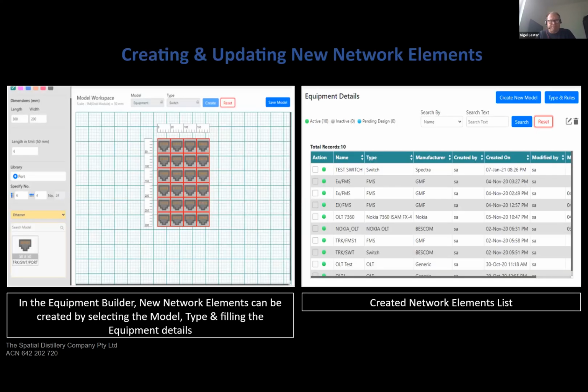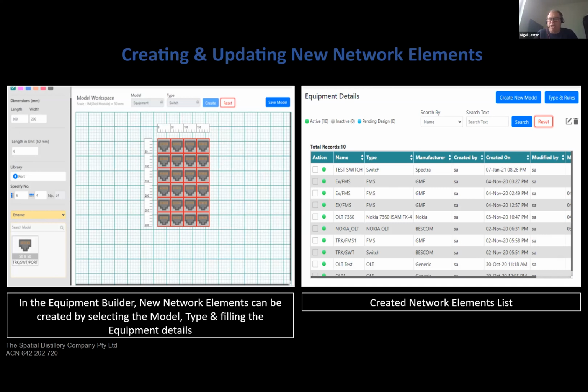which is really important. One of the other features inside Smart Inventory is the ability to create and update new network elements yourself. As Dan mentioned early on, fiber optic technologies change rapidly. There's always new types of equipment that are coming onto the market.